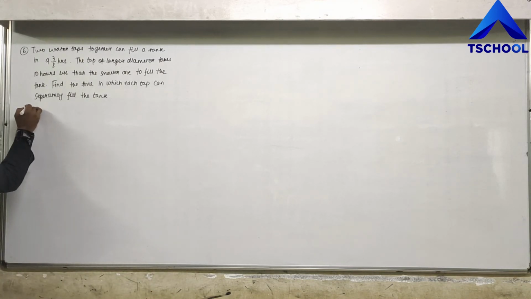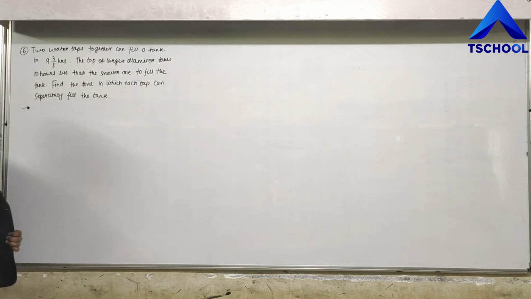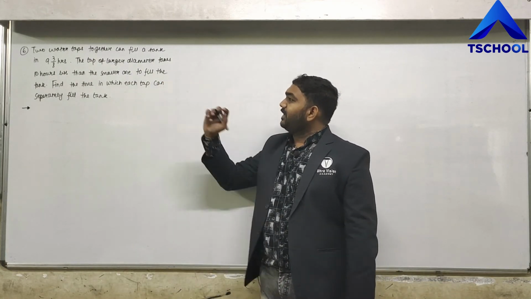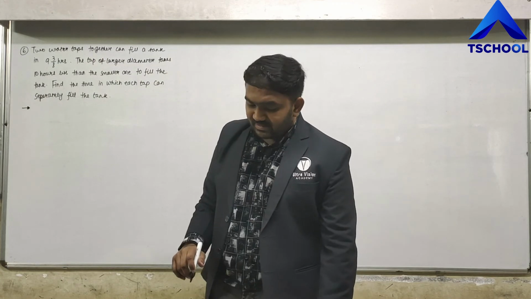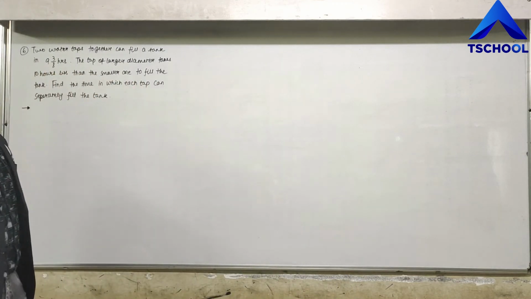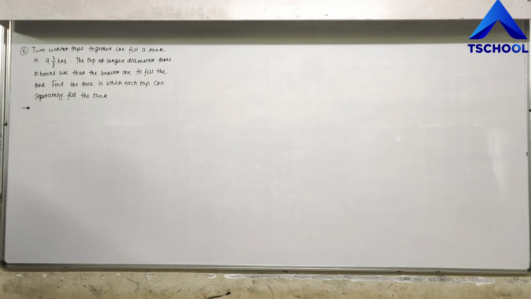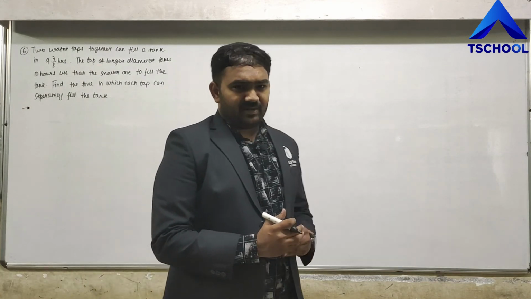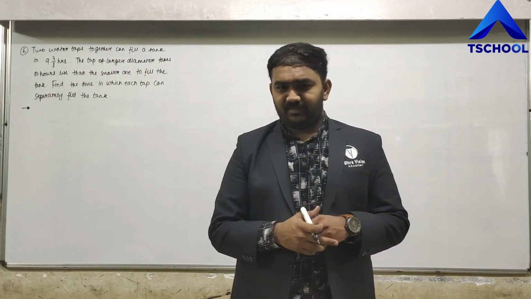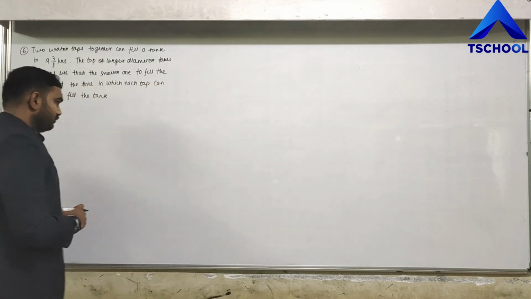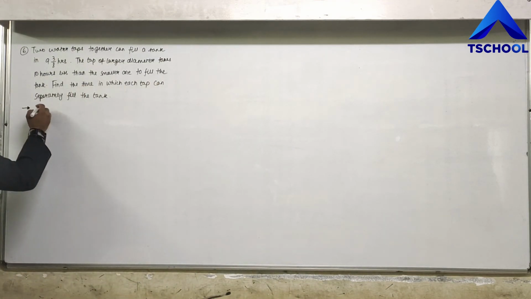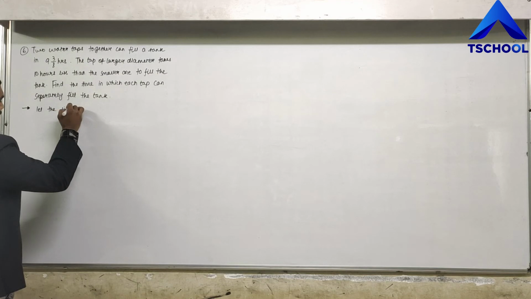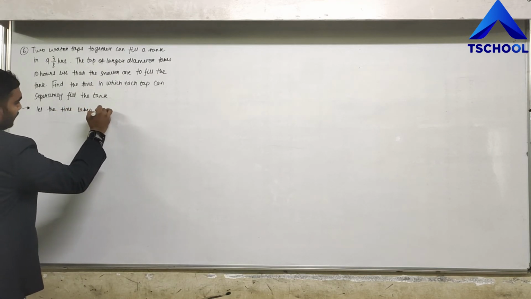See friends, the condition given to us is two water taps together can fill up a tank in 9 integer 3 by 8 hours and the tap of larger diameter takes 10 hours less than the smaller one. Right, that means whatever the time the smaller one takes, from that 10 hours will be subtracted. Yes or no? Right, so what we shall assume here is, let the time taken by